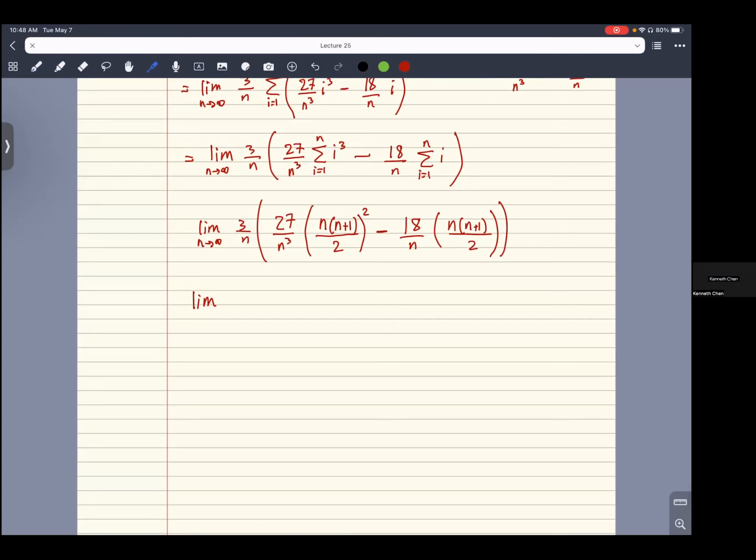So it will be 81 over n to the power 4 times these things inside. 2 squared will be 4, I think. And inside on the top, I'm going to do it quickly, is n squared times n squared plus 2n plus 1